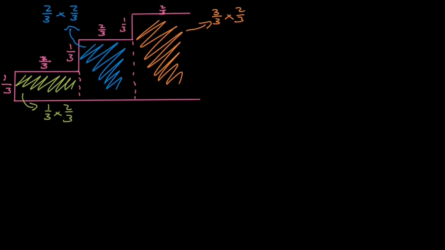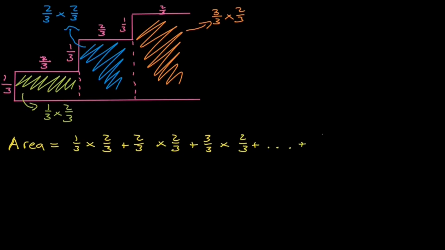So let's write that down. Area is equal to 1 over 3 times 2 over 3 plus 2 over 3 times 2 over 3 plus 3 over 3 times 2 over 3. And this is going to go all the way on until we get to 12 over 3 times 2 over 3. And what we can do here is take out a common factor,